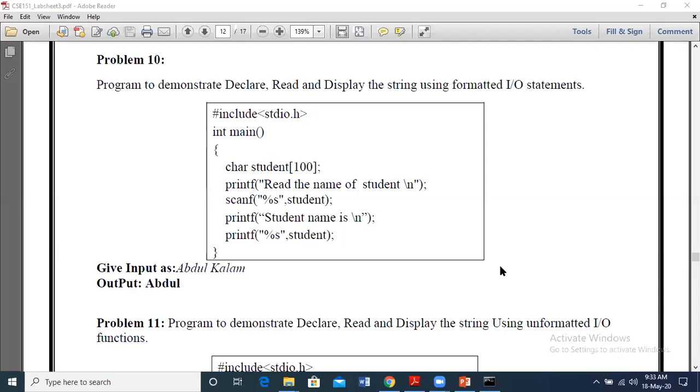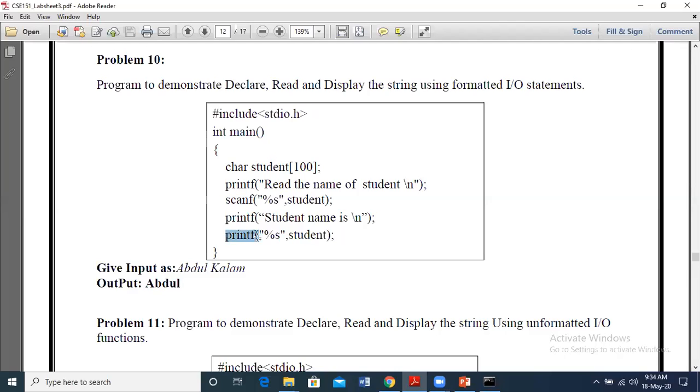so we just started with the different input output functions, right? So what is formatted input? Anyone? Scanf, ma'am. Scanf. Good. What is formatted output? Printf, ma'am. Printf. So scanf and printf we have used from the beginning of our programming days, right? So the same thing we can use for string. The very first program we discussed was using formatted input output, that is to take input using scanf and to print the string using printf.